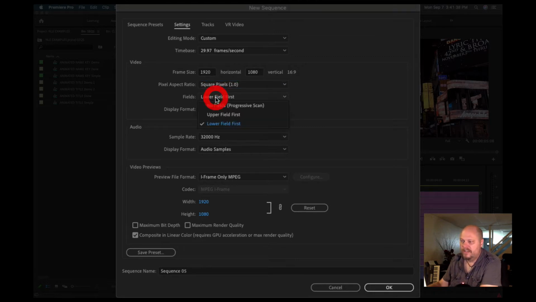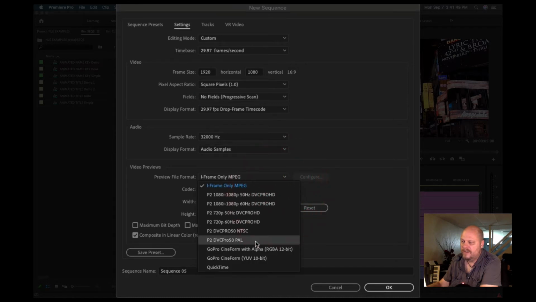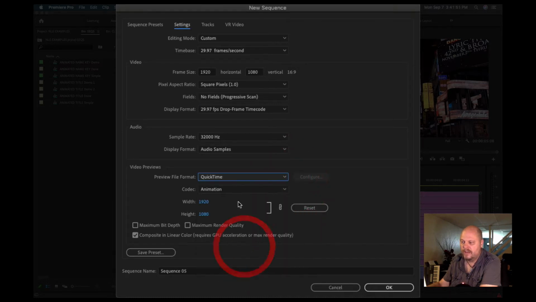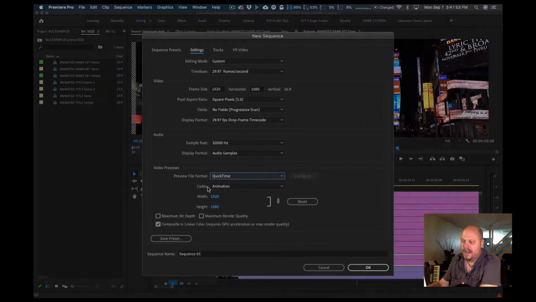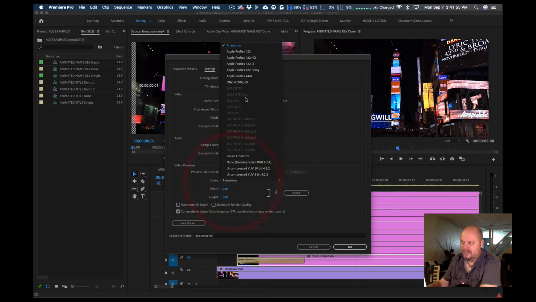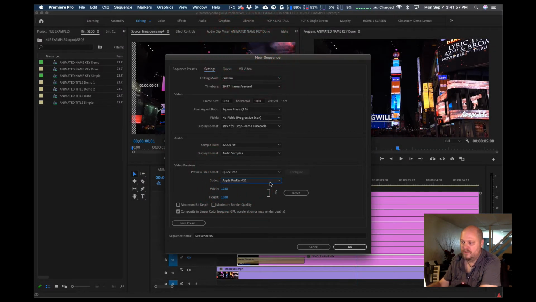We don't want interlace, this lower fields and upper fields. We don't care about that. We want progressive, nice, full, solid frames. 29.97 is fine. We could leave it frame only MPEG, but I'm not a big MPEG fan, so I go to the QuickTime collection of codecs. And once I select that, I can go into the codec and actually have access to ProRes 422, which is